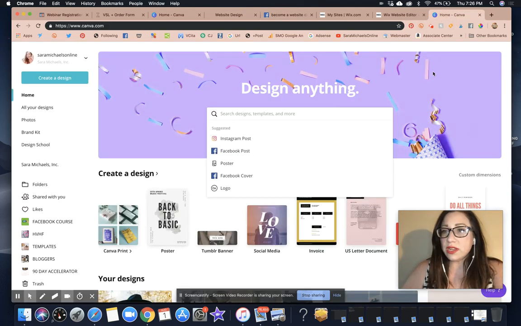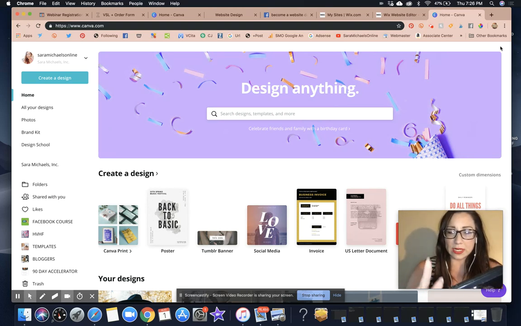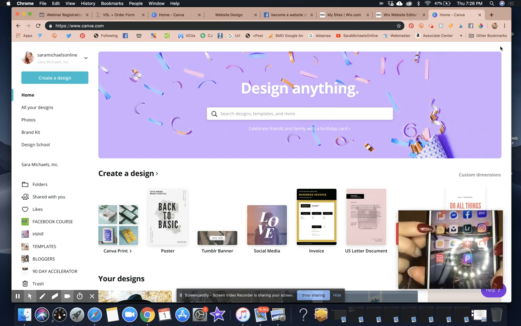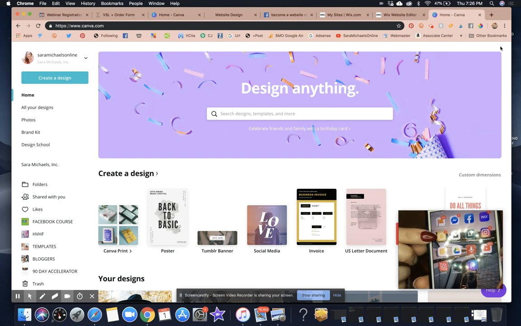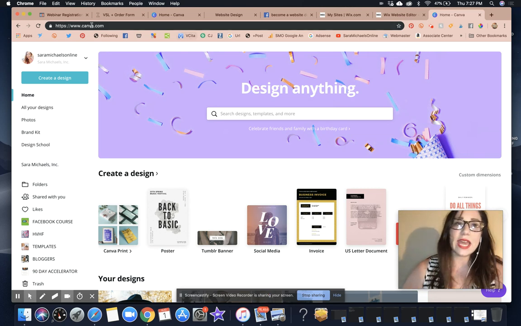All right, so really quickly here, Canva is what I use and recommend in addition to Over. So those are the two apps that we're using. If you have an iPhone, the Over app is fantastic and really reasonably priced. Canva is only, I think, $12 for Pro. The reason that you'll need Pro in order to do this is because we're going to download as a PNG. So this here is canva.com,